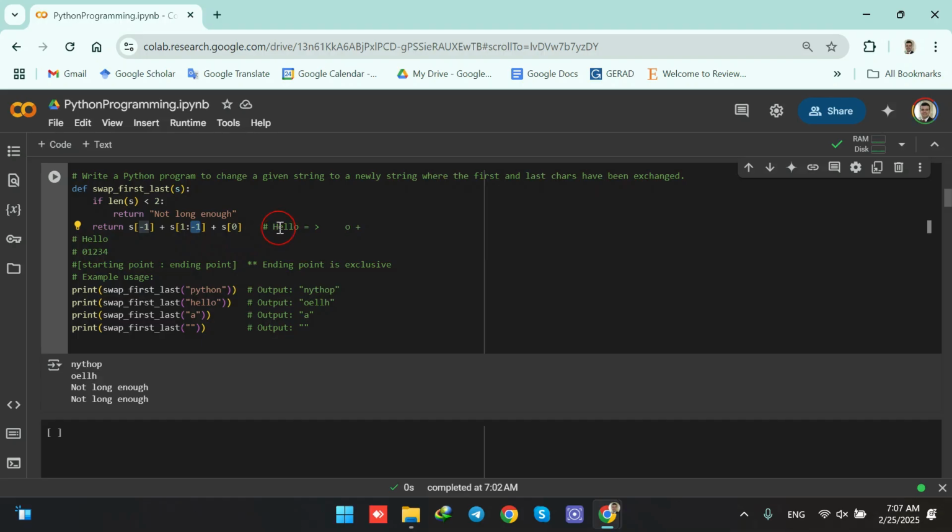Okay, so we start from 1, which is E. We go up until -1, but because it is excluded, we are not going to have that. So we are having ELL. Okay, so ELL